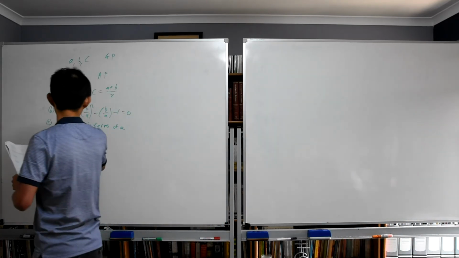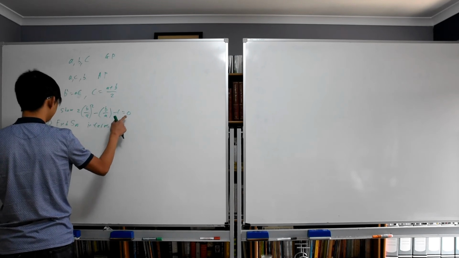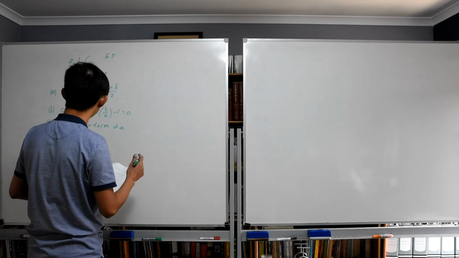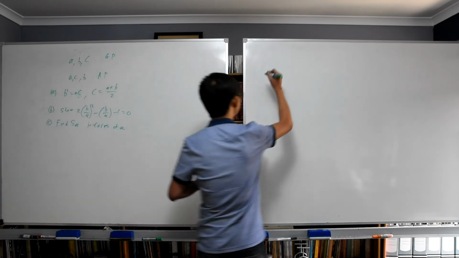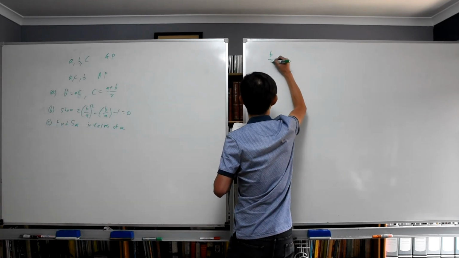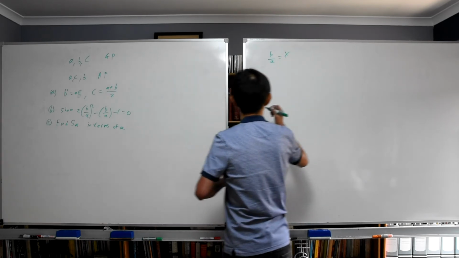Because we know 2b on a all squared minus b on a minus 1 is equal to 0, let's not hurt our eyes and let's just say b on a is equal to capital X. What part B will become is,